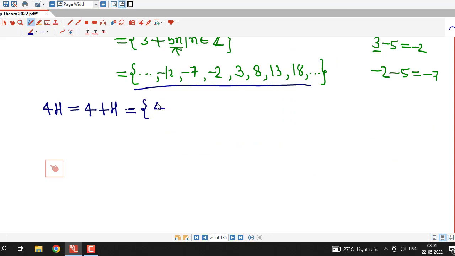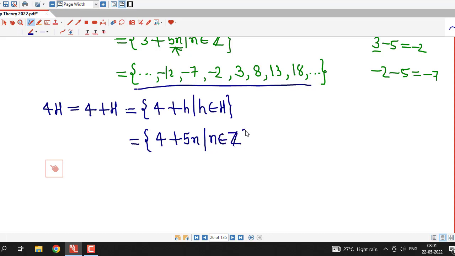This is by definition 4 plus h, where h is a member of the subgroup capital H. Members of the subgroup are multiples of 5. So we write 4 plus 5n, where n belongs to Z, and for n equal to 0 we will have 4,